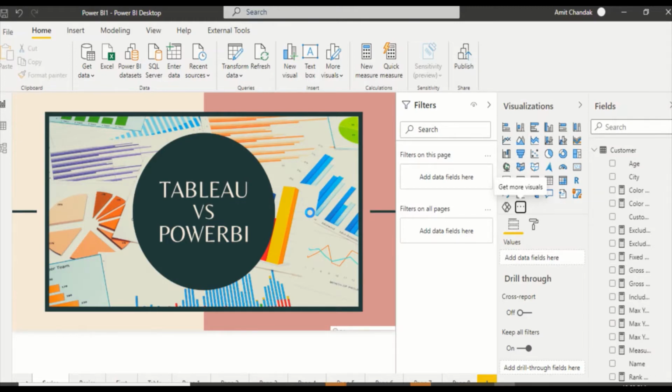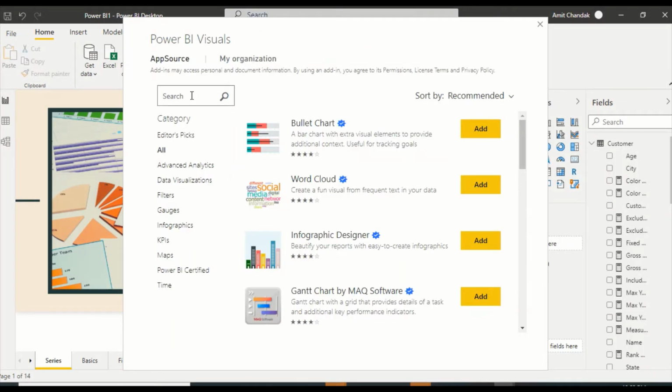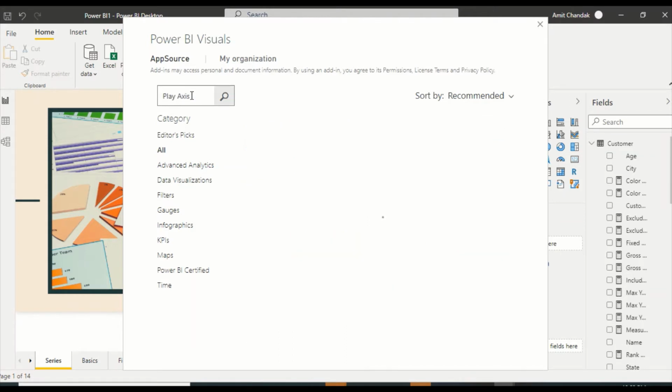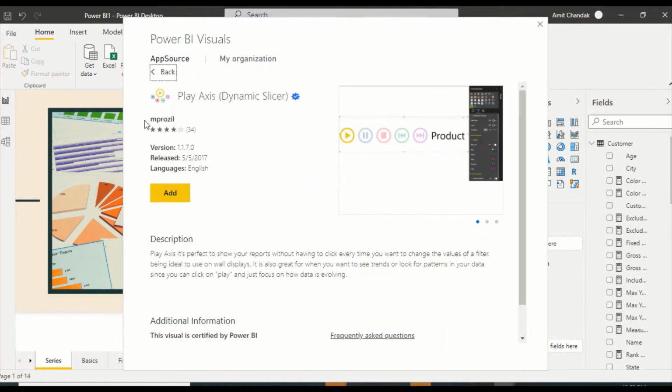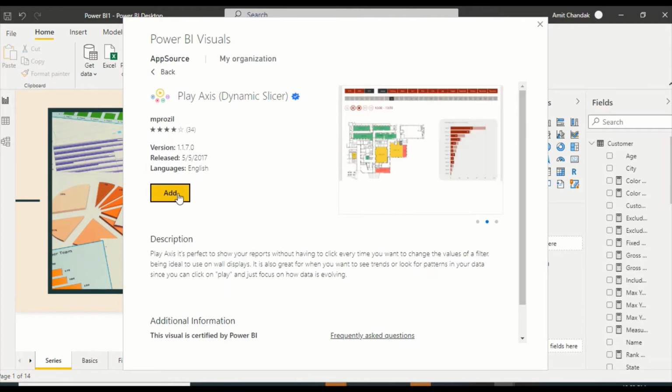We got this app store in Power BI, and we can search for play axis. Sometimes it might go to editor's picks directly, so just make sure you click on all. This one is four-star rated. If you want to know more information, click on the name and you can see more information, like who the publisher is, and add it.